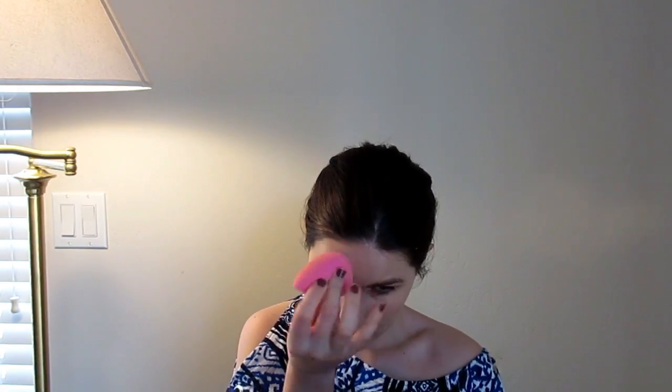I'm making sure this is really blended. So now I'm blending that out with my beauty blender. This is actually a real beauty blender by Beauty Blender. So I was gonna mention it in my favorites and then I forgot. But it's really, really great. I really like it. It's just as good as the Real Techniques one, and it is more durable than the